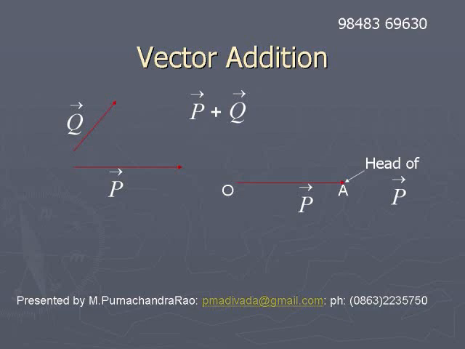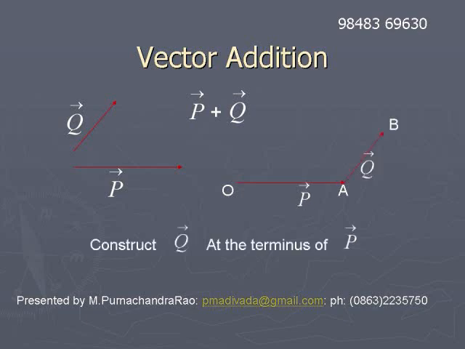To construct this vector p bar plus q bar, first construct the vector p bar. Now let us take OA bar. The vector OA represents the vector p bar. At the head of the vector p bar, that is at the head of OA bar,